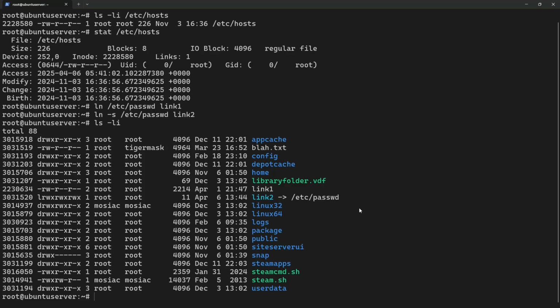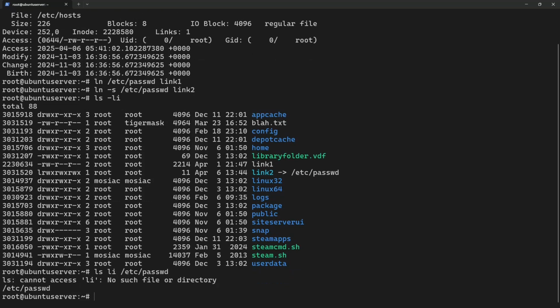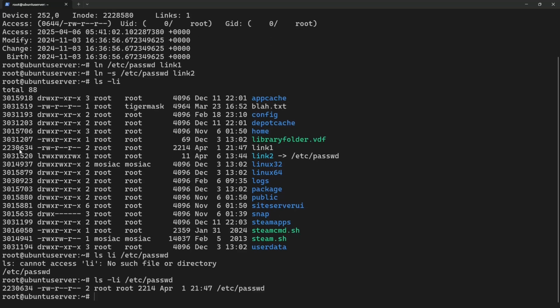If we do ls -li /etc/passwd, oh, gotta do the dash, we will see that link1 and its inode match the actual inode of /etc/passwd, as do its permissions,